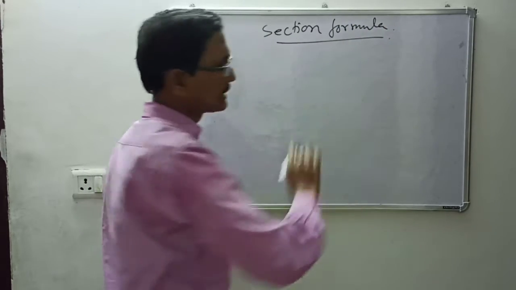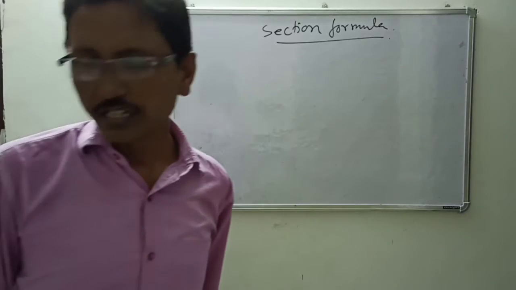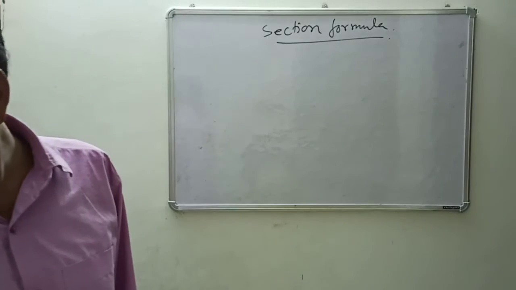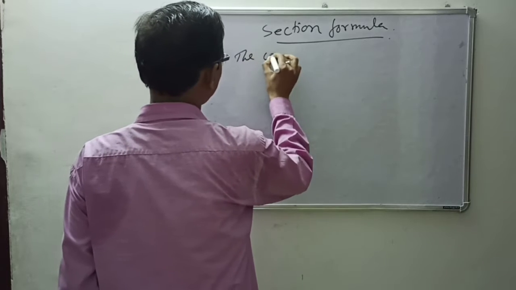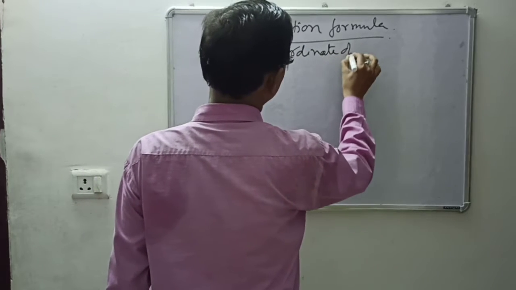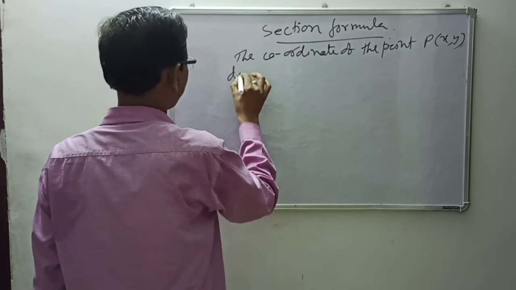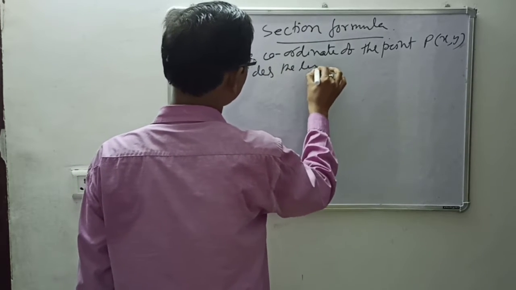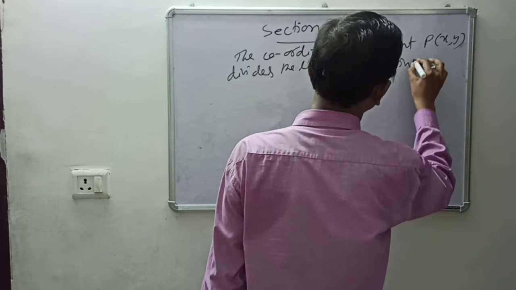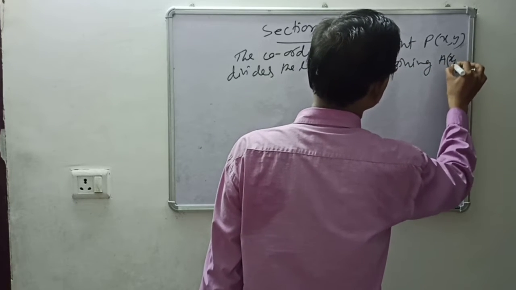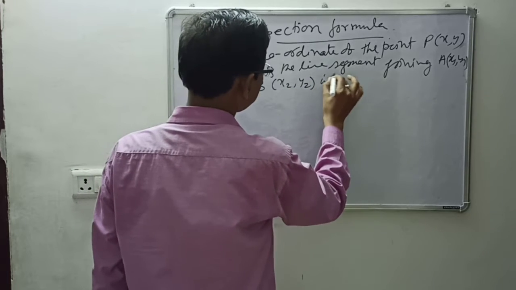What is the section formula? Just suppose point P(x, y) divides the line segment AB joining the points A and B, whose coordinates are given, that is A(x1, y1) and B(x2, y2). Then the coordinates of the point P, let us say (x, y), divides the line segment AB joining the points A and B, that is A(x1, y1) and B(x2, y2), in the ratio